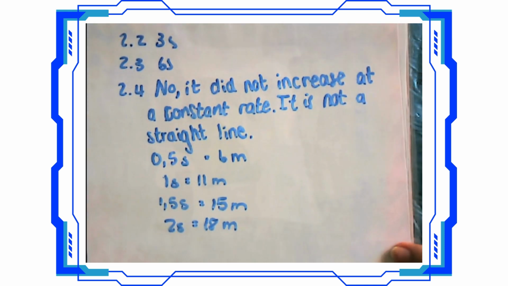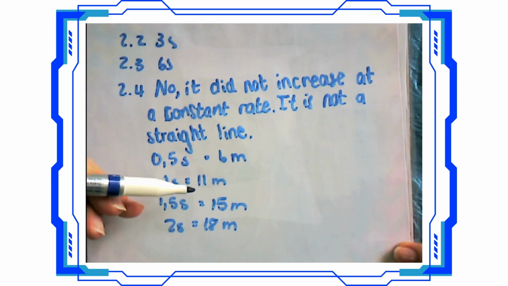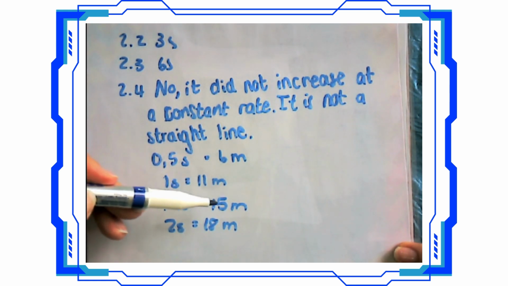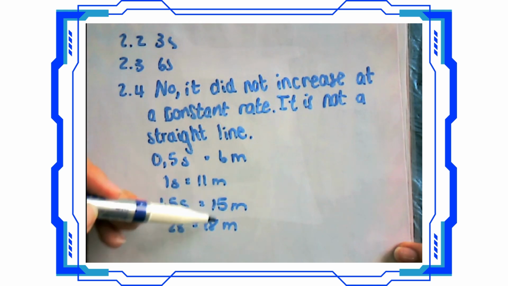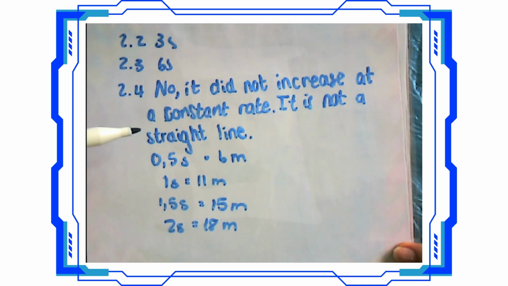It's going to move up. Okay, so even when I look at the difference between these 2 points, it's not constant because 11 minus 6 is 5, 15 minus 11 is 4, and 18 minus 15 is 3. So it's not constant. Okay,